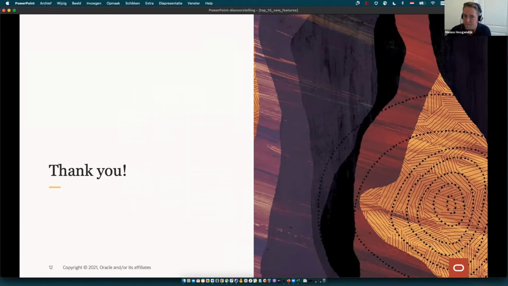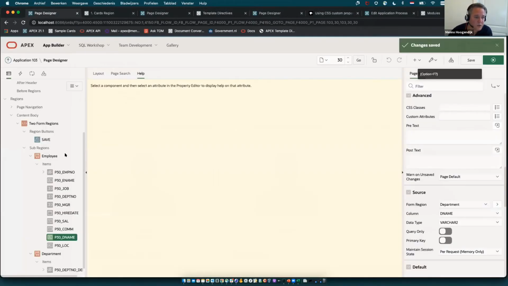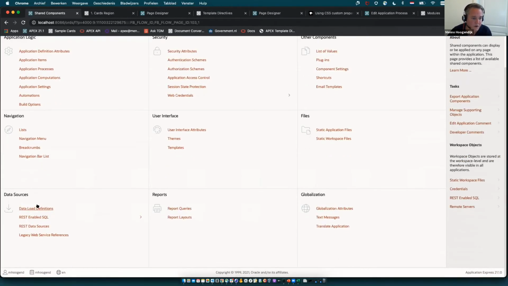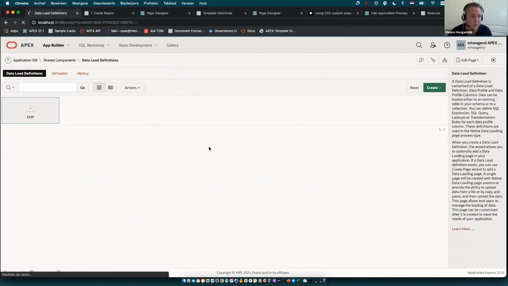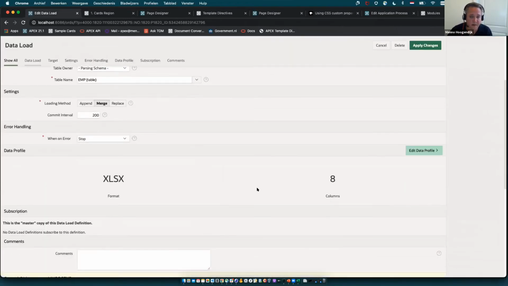The second question: if we want to validate data before final loading into the table, is it possible? Yeah, there are a few options, which I didn't show you at all. So if I go to my data load definition, well, you could store it into a collection and then process it manually if you want. But if you need another solution, if you go to my data load definition of my emp table, I hope it opens up. Then in my data profile,